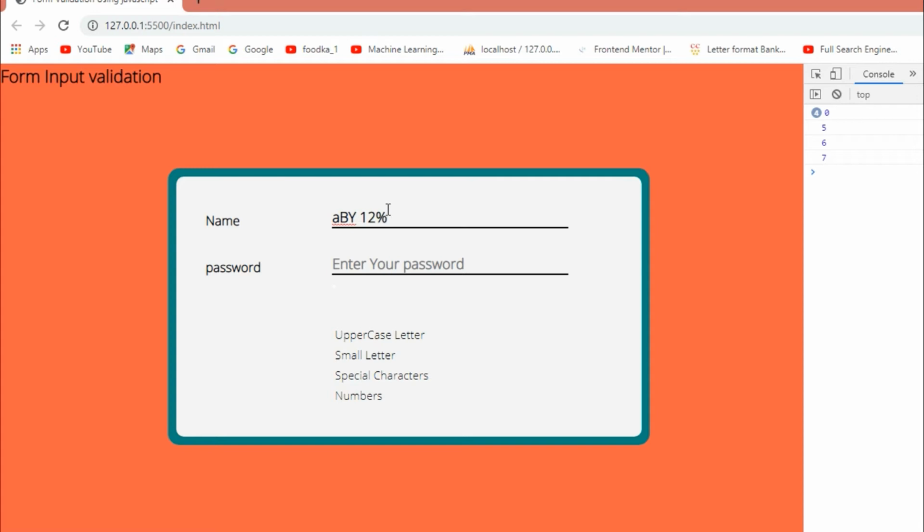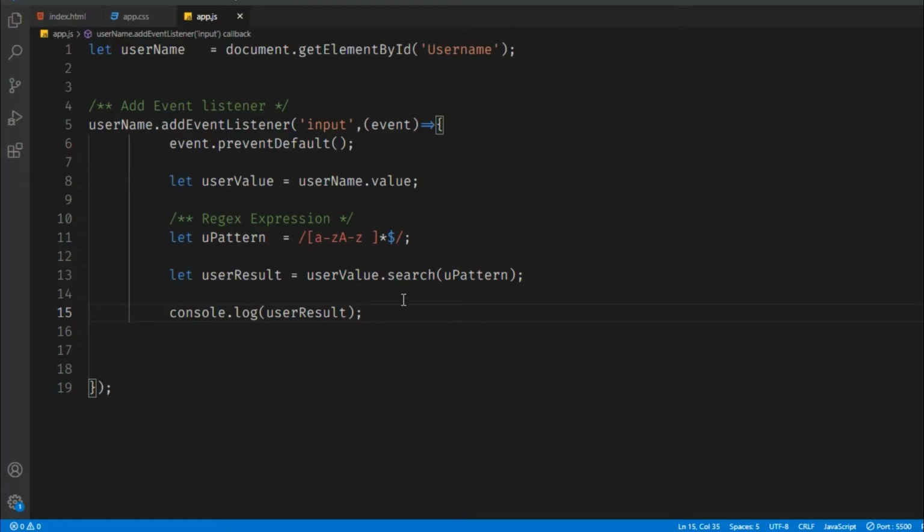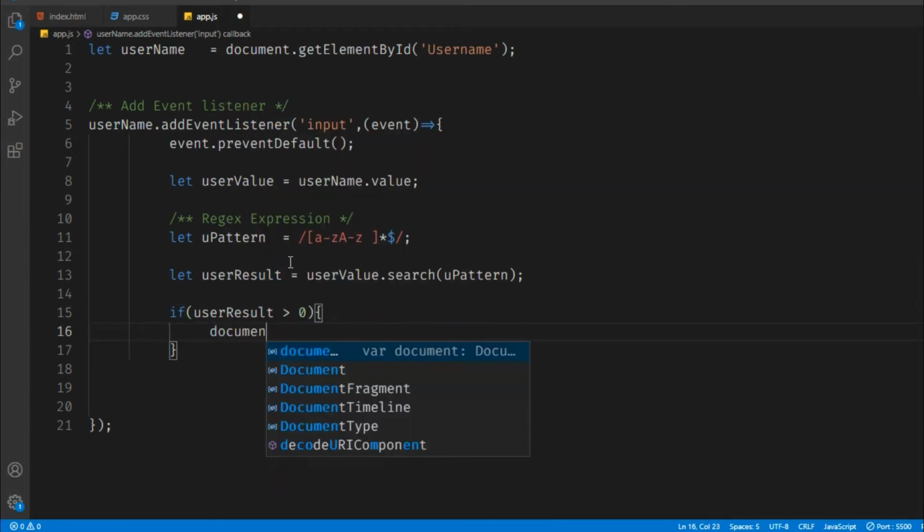So the best possible way is to check if my user result is equal to 0. If my user result is equal to 0, then it is fine. There is no problem. But if the user result is greater than 0, then